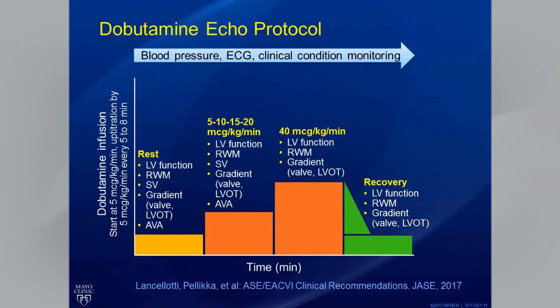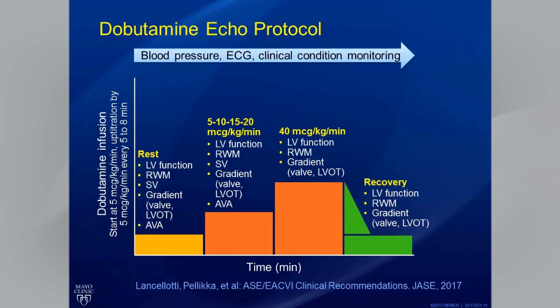This shows our dobutamine echo protocol. And so when we do dobutamine testing for patients with a non-ischemic protocol, or where we're looking at an inotropic response in a heart failure patient or need to measure multiple valve parameters, we usually use 5-minute stages to give us a little more time to get these parameters as the heart rate gradually increases. It may take a little bit more time to get the full contractile reserve response to dobutamine.